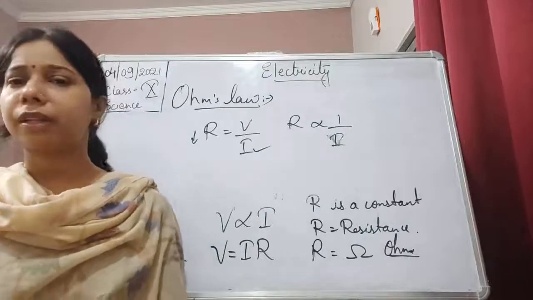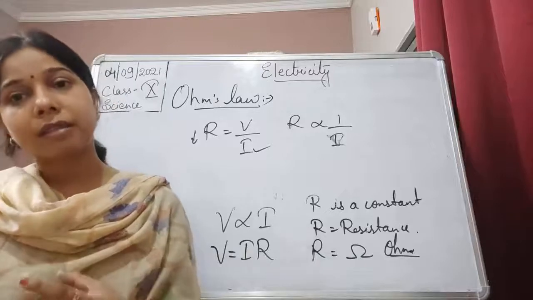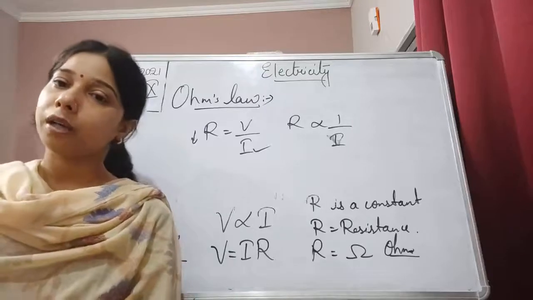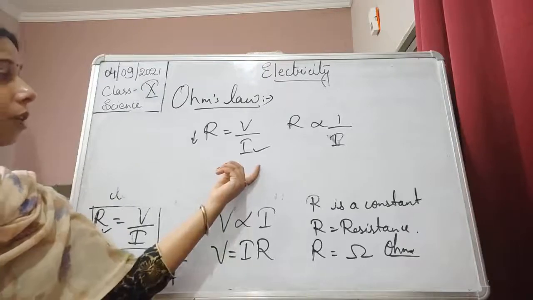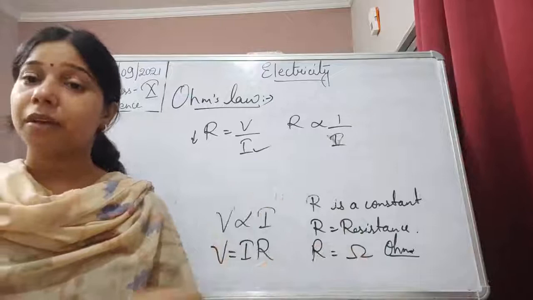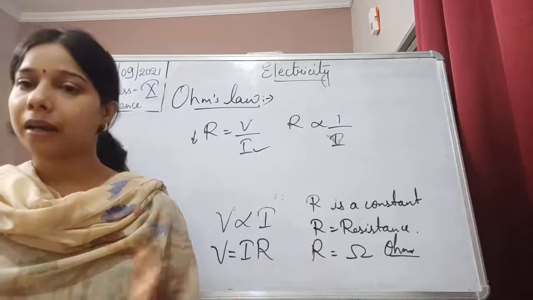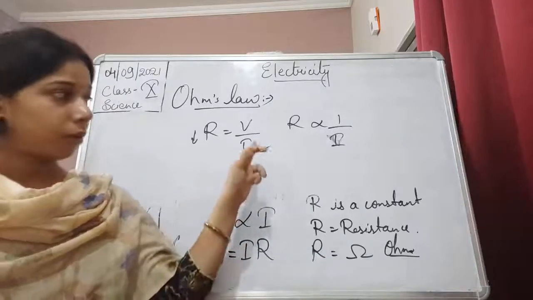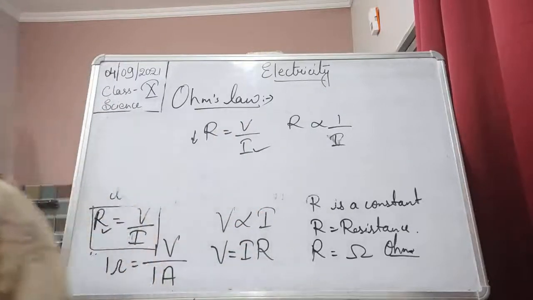So, we can say when the flow of the current is huge, the resistance will be less there. It means fewer charges will be hindered, or resisted, by the atoms of the conductor. So, more current will flow. If resistance is more, it will be quite difficult for the charges to move in the conductor, and ultimately less charge will flow. So resistance increases, current decreases; current increases, resistance decreases.